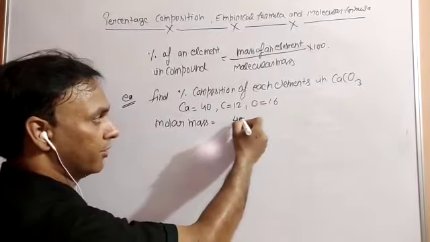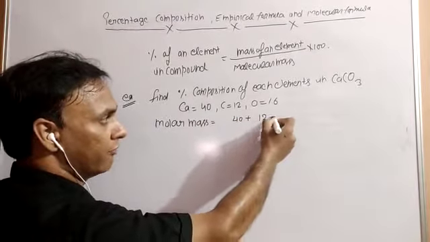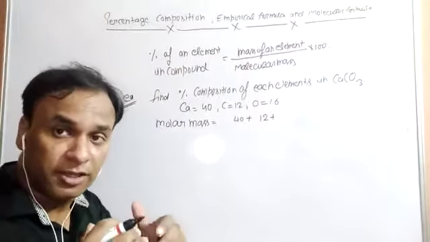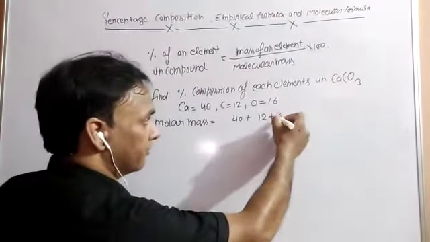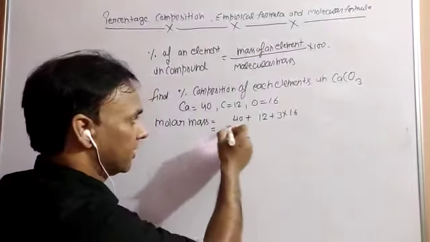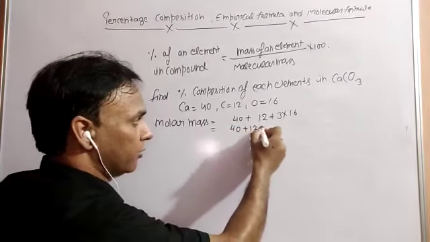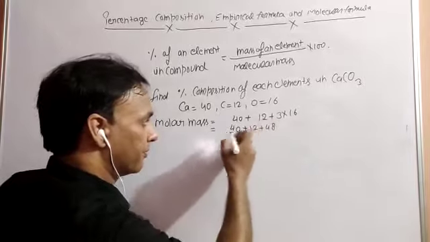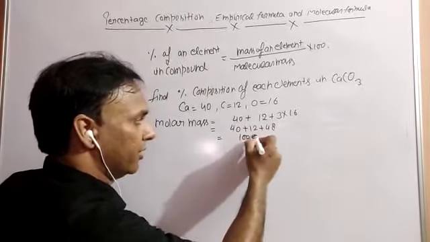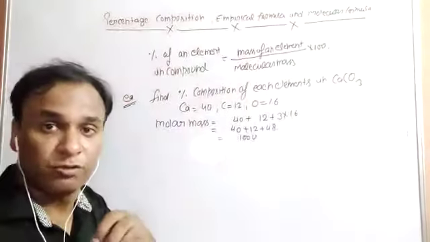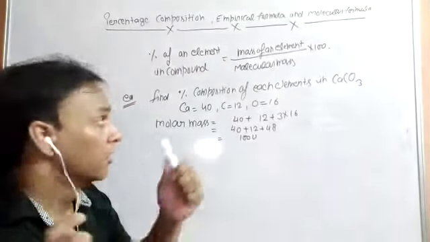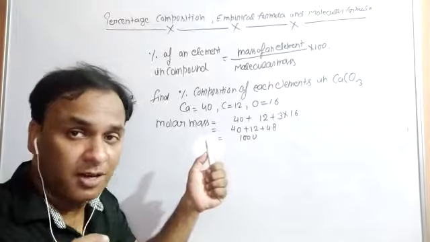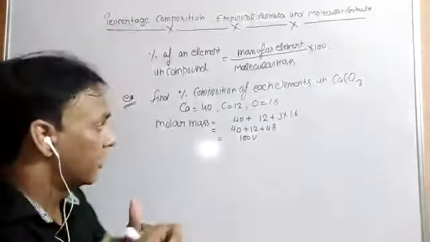Calcium 40, carbon 12, and there are 3 oxygens, so 3 into 16. That is 40 plus 12 plus 48, which equals 100 units. Clear? This is the molecular mass of calcium carbonate. Here, calcium carbonate is a combination of calcium, carbon and 3 oxygen. Now,